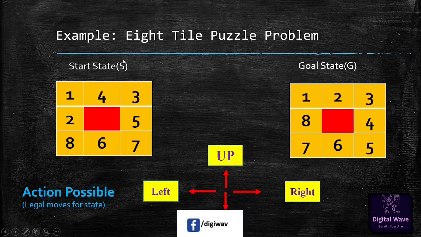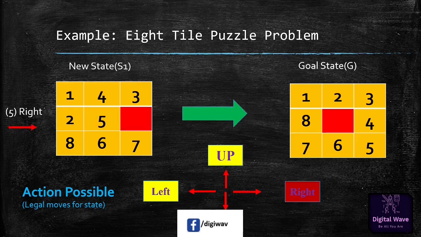So this particular state S will have these possible actions. So we will perform every action here and we'll see what will be the result. After performing the possible actions, we will get this type of goal state that we have already given in the form of goal state. Okay, so after performing all the possible actions, we will get this goal state. So this is all about the 8-tile puzzle problem. Okay, this is the basic understanding of state space.